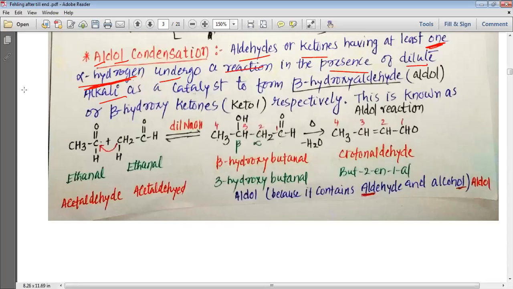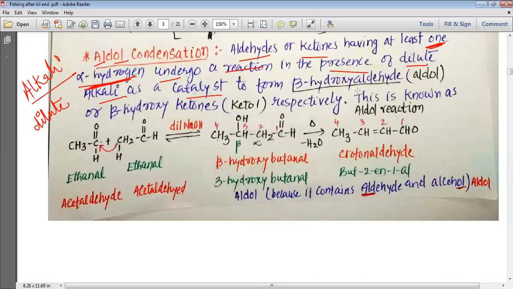Remember that the alkali must be dilute, because after this we are going to study one more reaction, which is known as the Cannizzaro reaction. And in the Cannizzaro reaction we use strong, concentrated alkali. So here the alkali which is used should be dilute, my dear students, as a catalyst